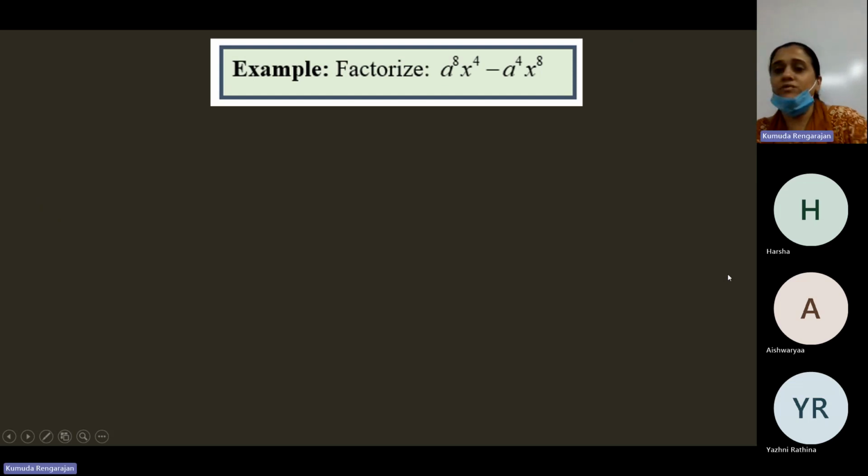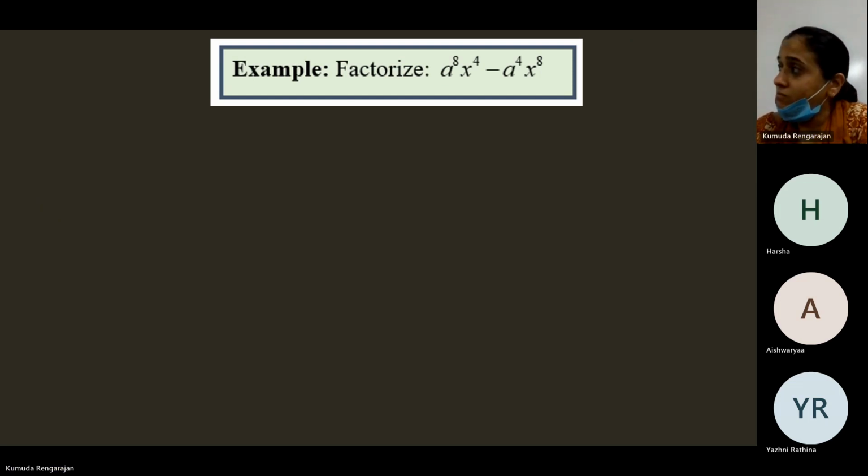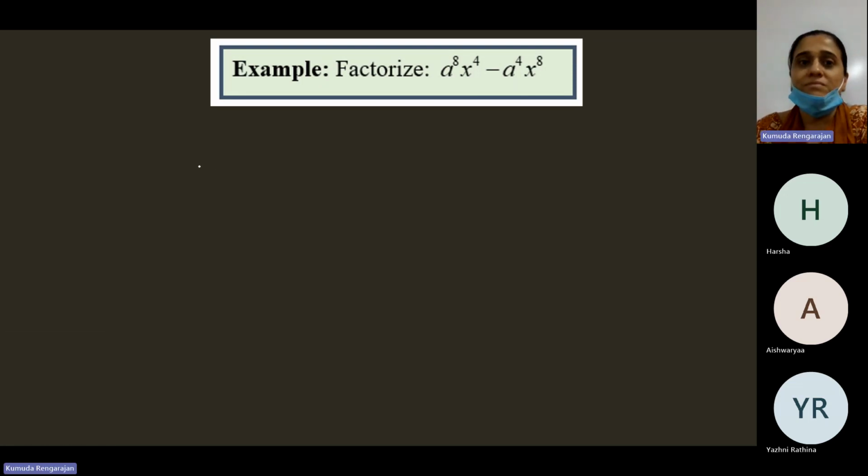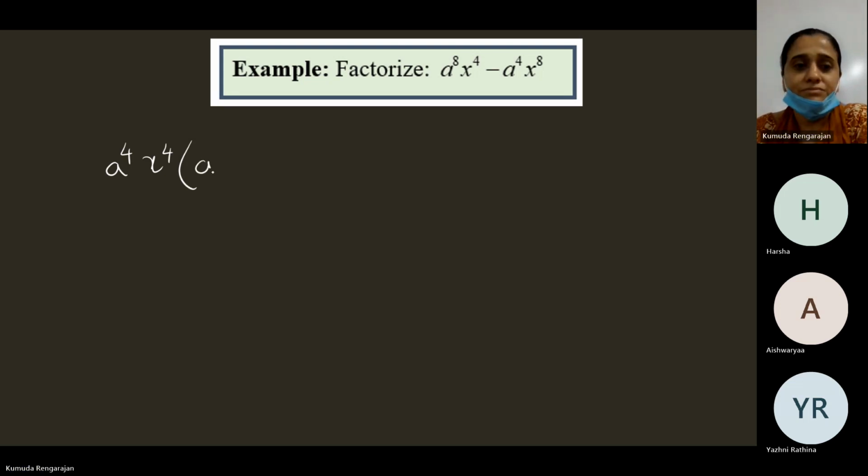Yeah. How do you factorize this? What's common? A to the power 4, x to the power 4. Then minus